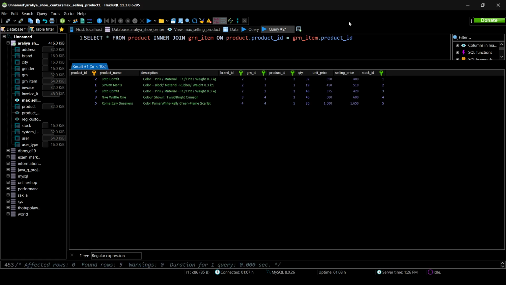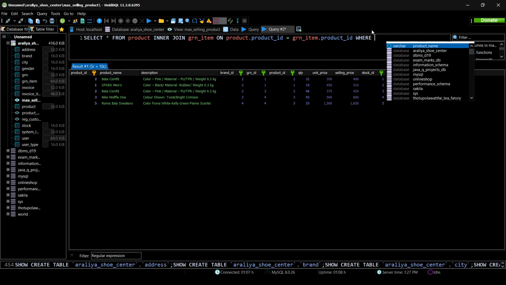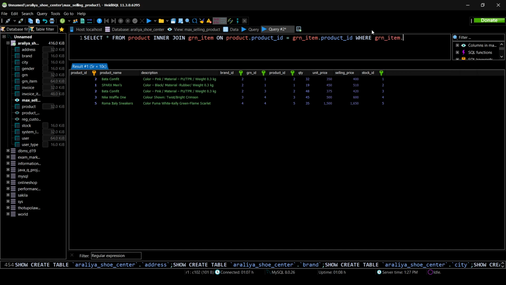And these are the details, and this is the condition where grn item dot selling price in, this is the subquery,